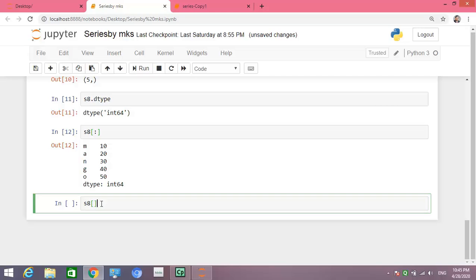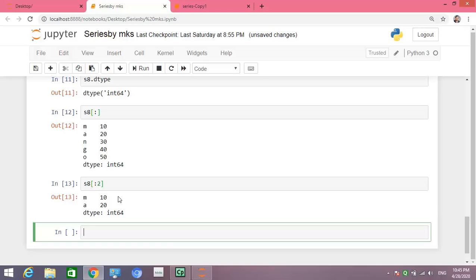Suppose you write S8 and give colon 2 inside. What will it give?